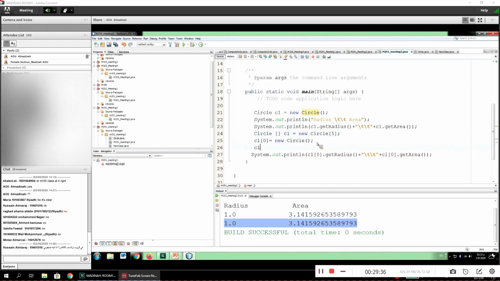Similarly, we need to go for cl of 1 is equal to new Circle of, let's say, for example, 2.0. Okay, like this cl of 0, cl of 1, cl of 2, cl of 3, or you can put here,